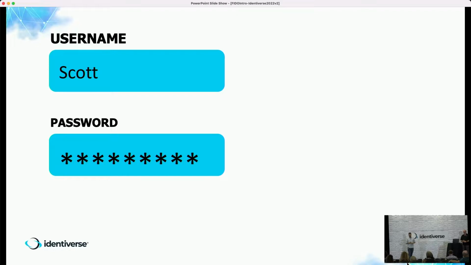So at the dawn of computing, we needed a way to protect information and restrict information to particular users. And we came up with this paradigm of username and password. And it's pretty basic. It is not very great. It was supposed to be, we have this bit of public information, your username, and a bit of secret information that is your password. That's supposed to be restricted to that one person. Only that person is supposed to know and have that. There's a lot of problems with this.